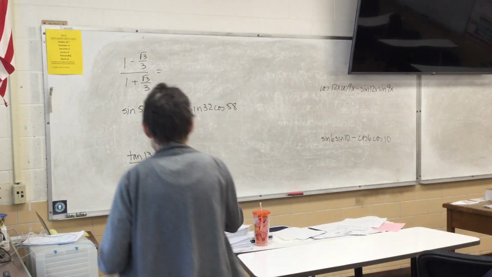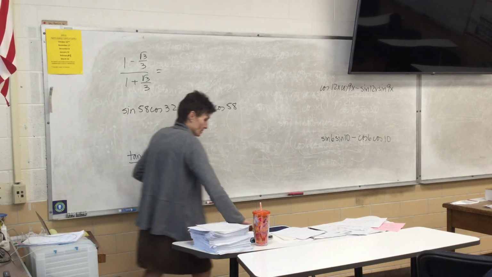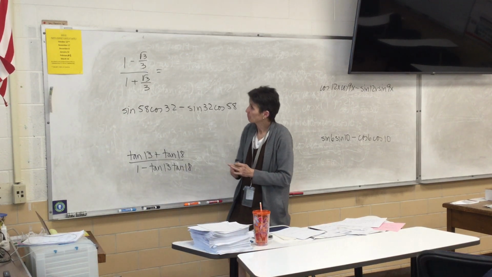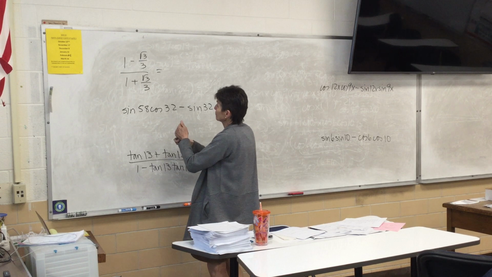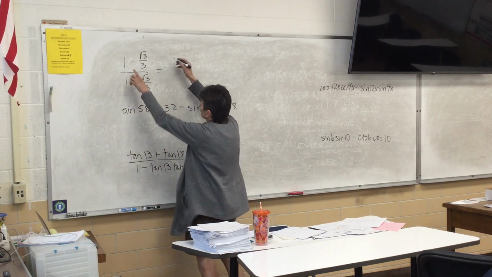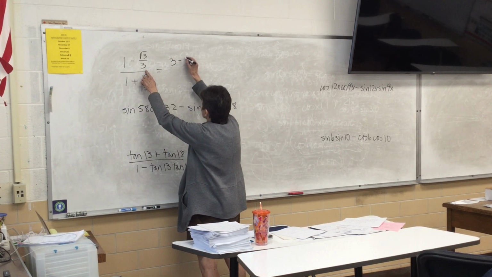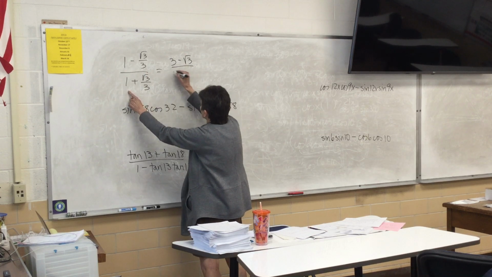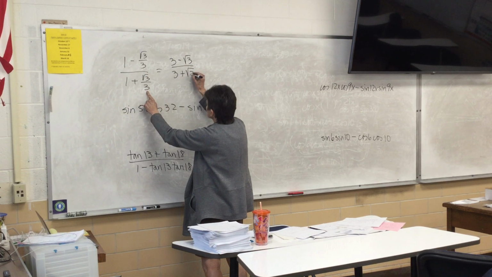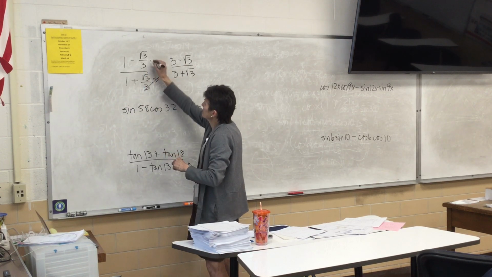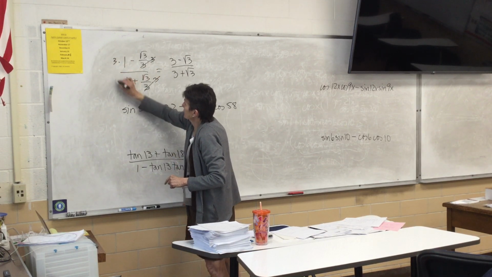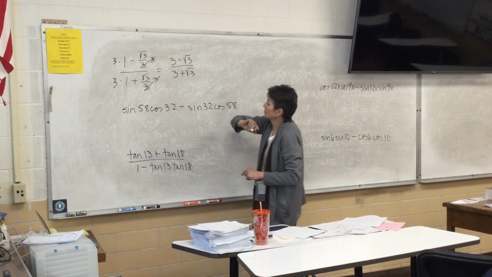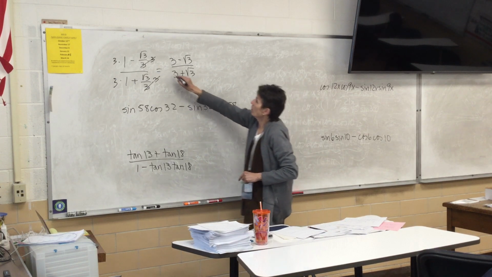Okay, we need to finish this guy. So we're going to multiply everything by 3. So 3 times 1, 3 times this, 3 times this, and 3 times this. Because when you multiply this by 3, those cancel. Nothing cancels over there, so they become 3's. So now we will